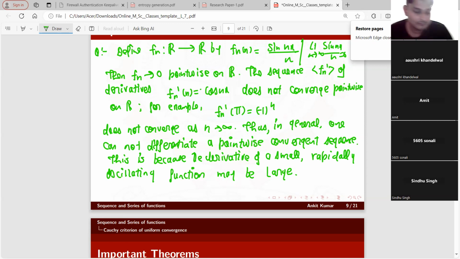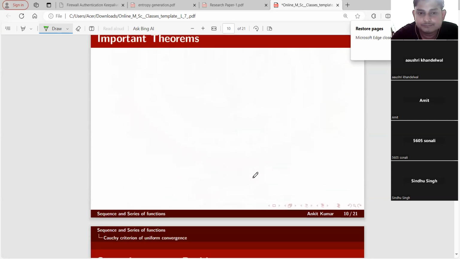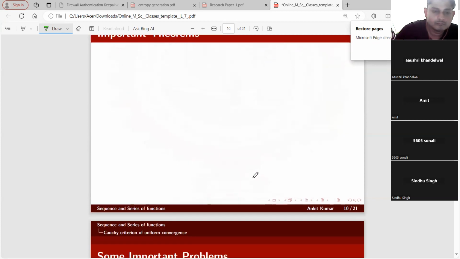Okay, now the next very important example question is the following. Define fn from R to R by fn(x) is equal to